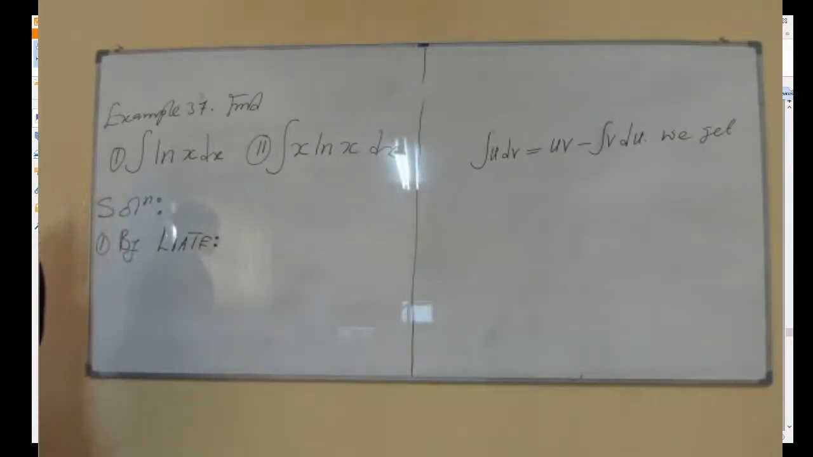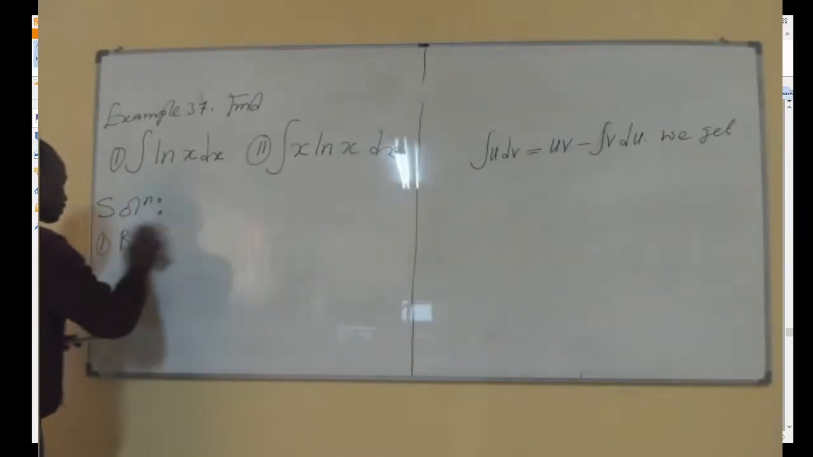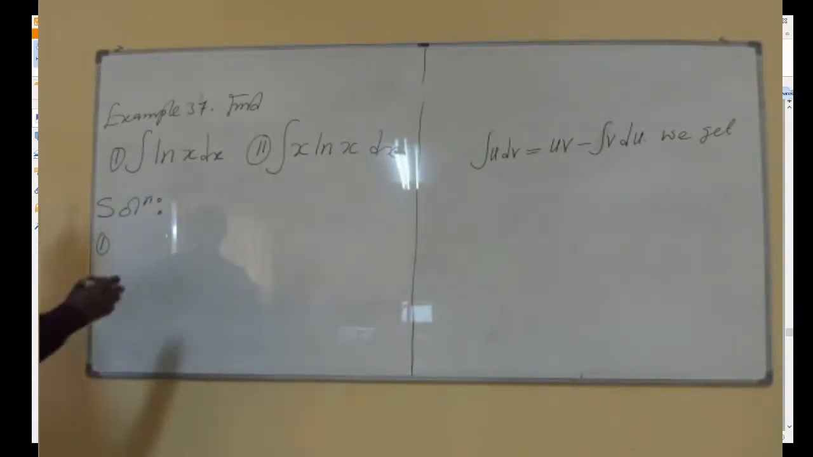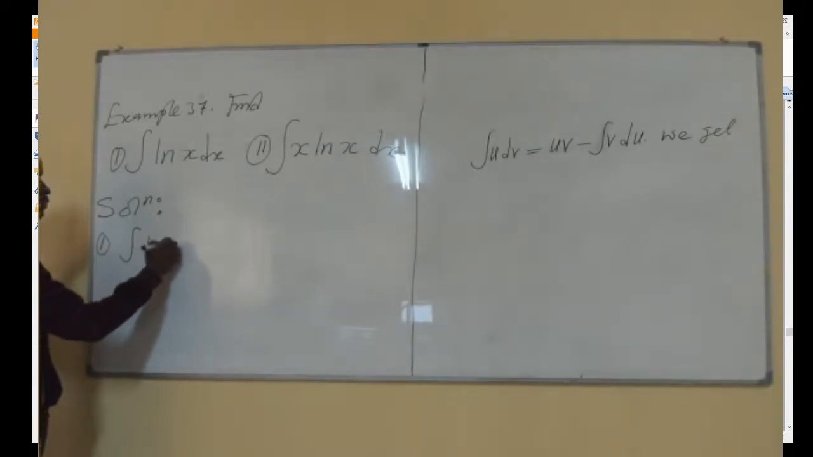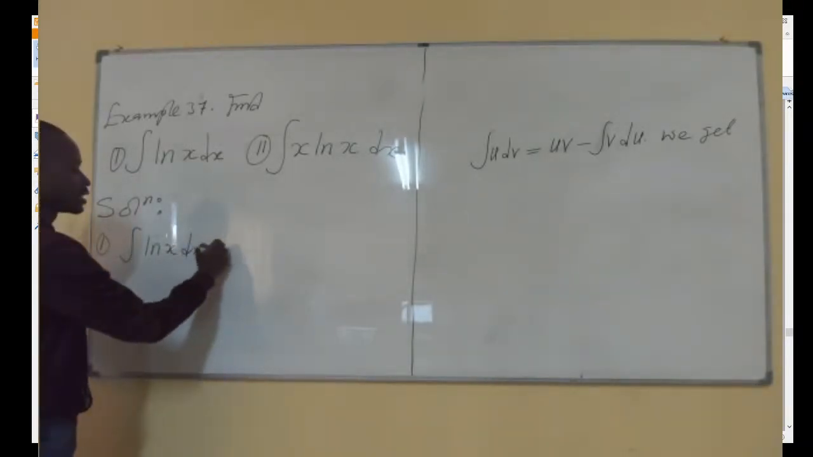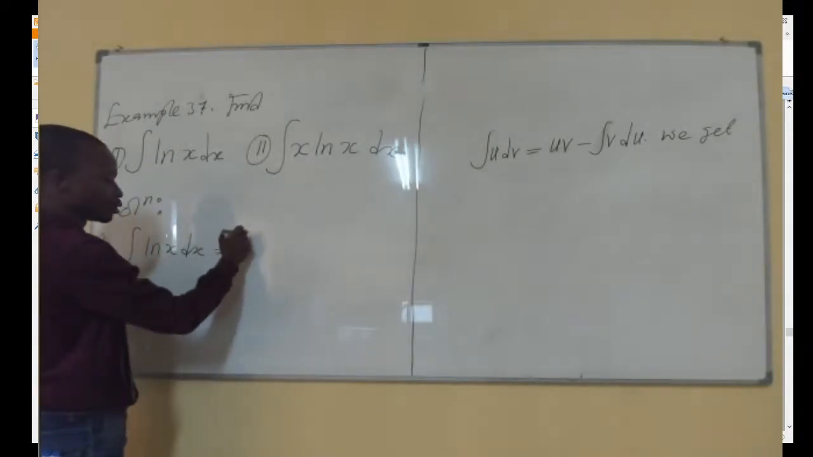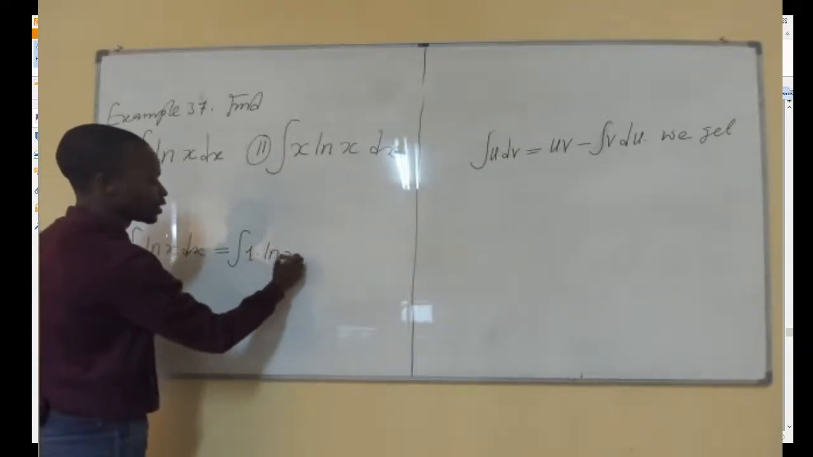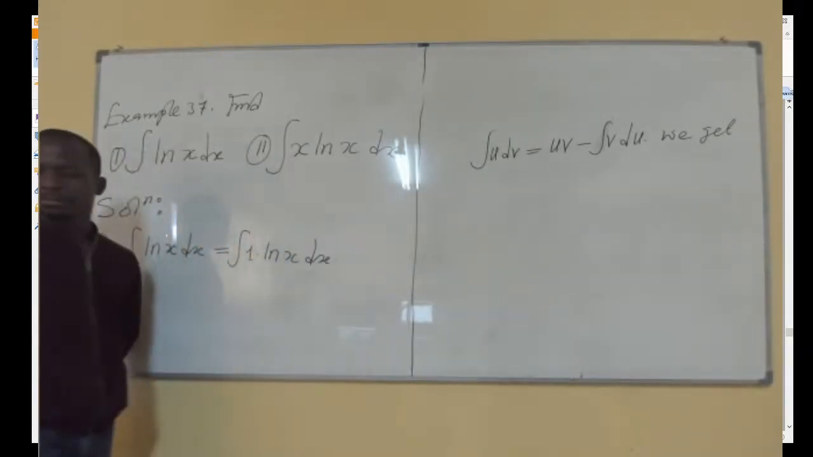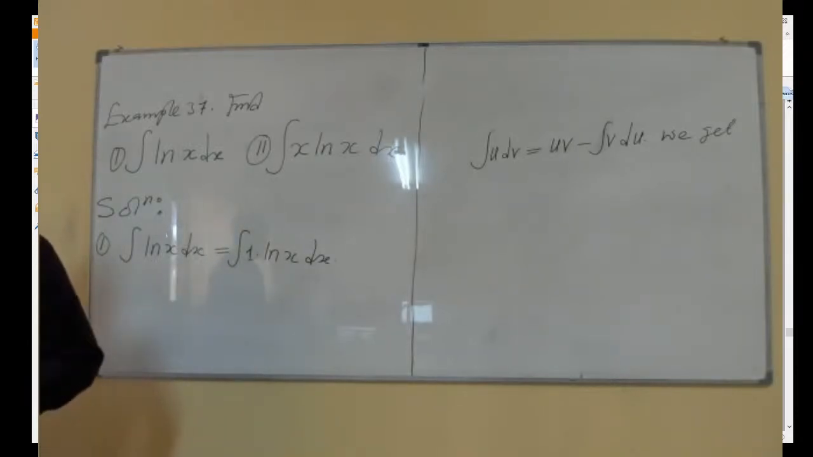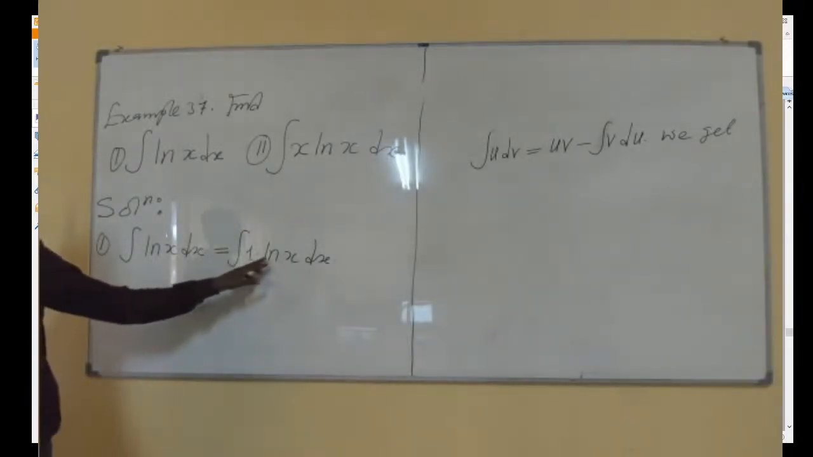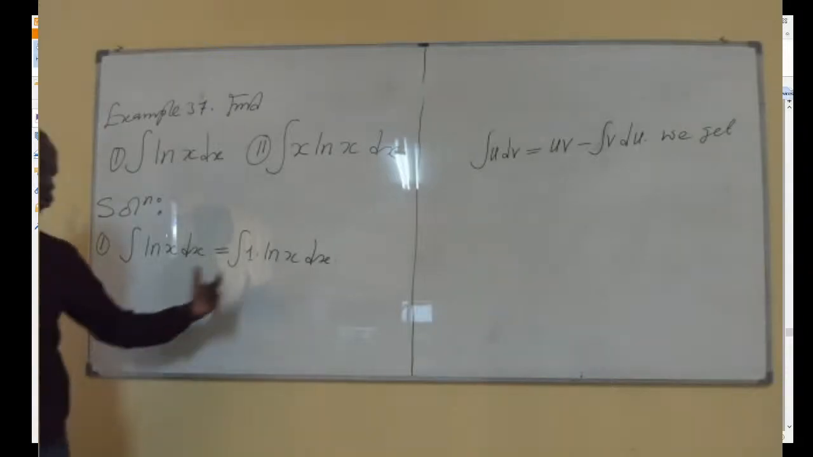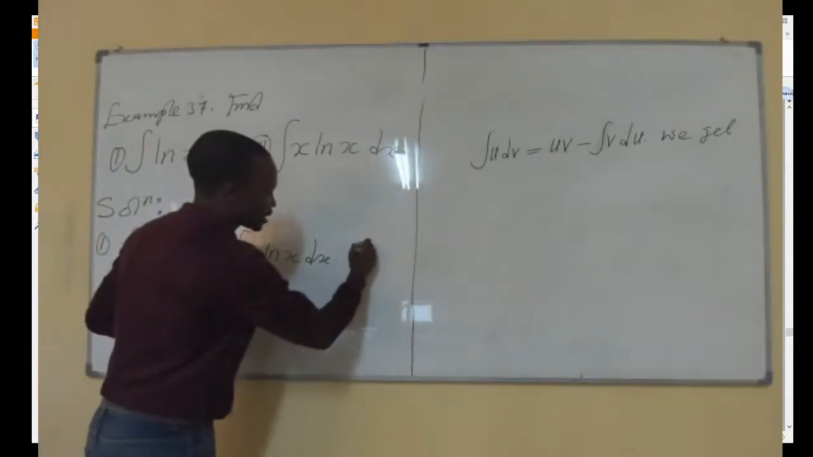Maybe before I even talk about the LIATE issue, I need to give you this. Please note that the integral of ln of x dx, remember that this is the same as the integral of 1 times ln of x dx, isn't it? It's the same, isn't it? Unless you are saying it's not the same. 1 times ln of x. So if you look at this, now by LIATE,